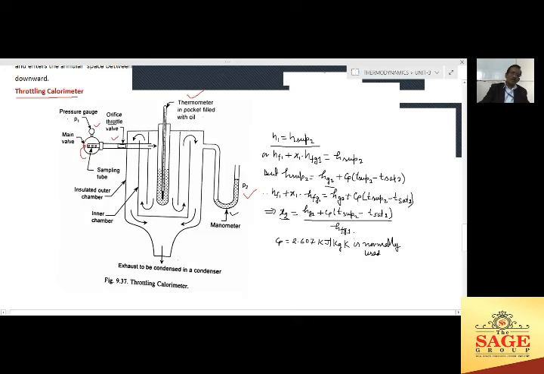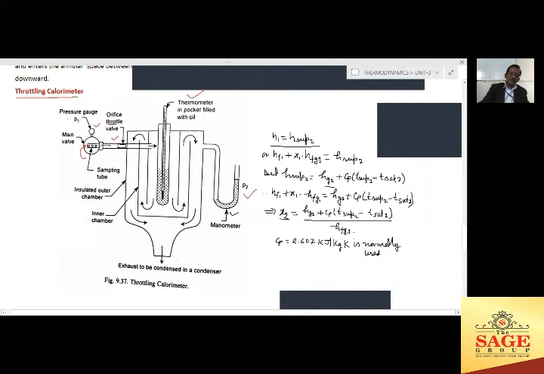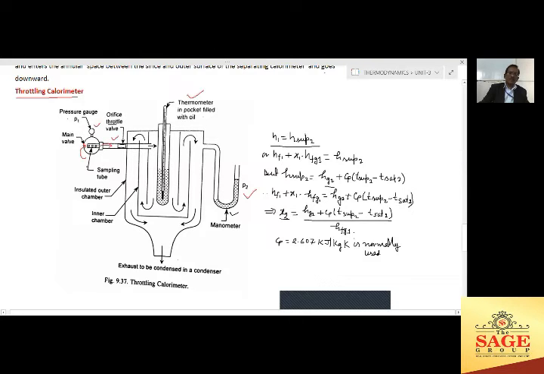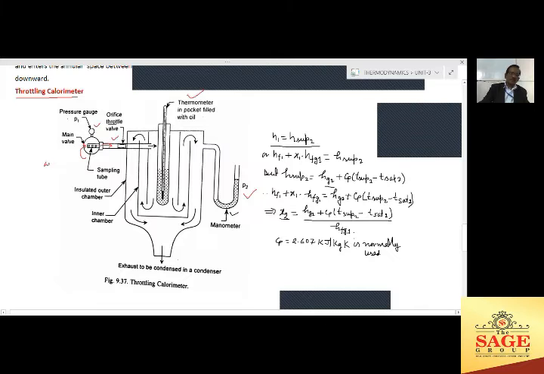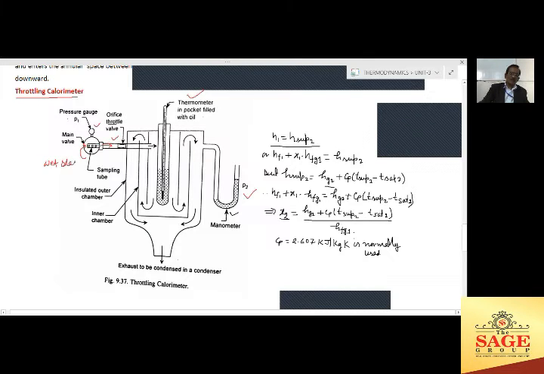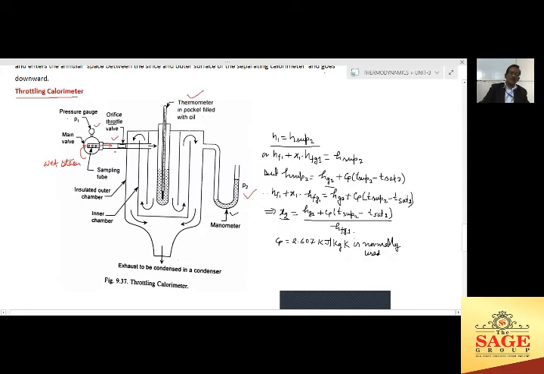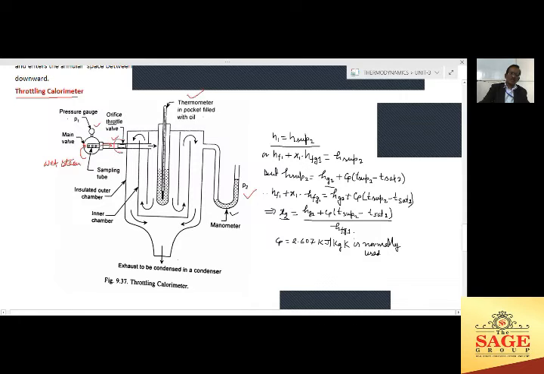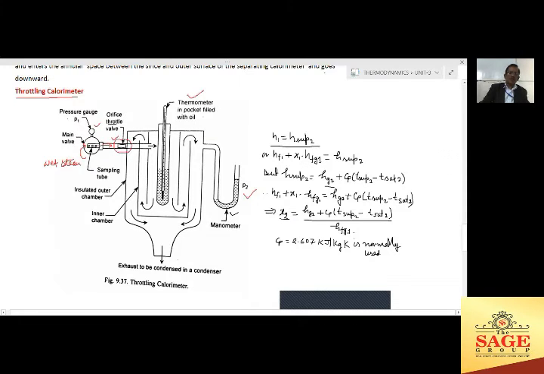Now the steam will enter and pass through this passage. The steam is wet steam before throttling. When this steam passes through this section, which has an orifice, because a fluid allowed to pass through a restricted passage is throttled, the pressure will decrease, the temperature will decrease, the entropy will increase, but the enthalpy remains constant.